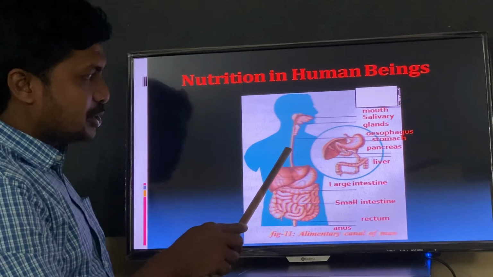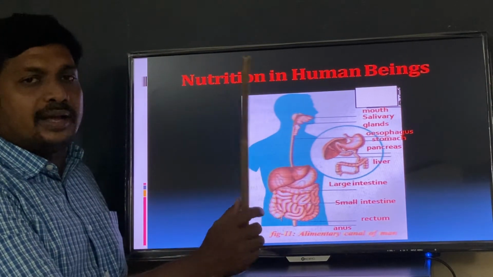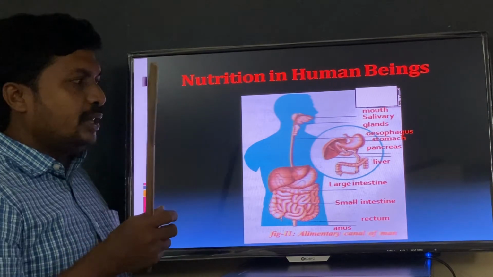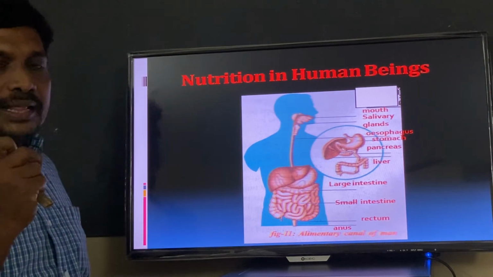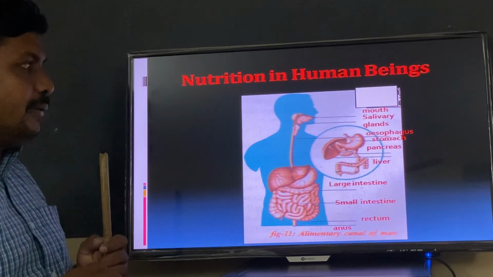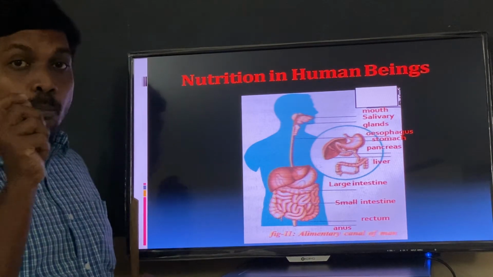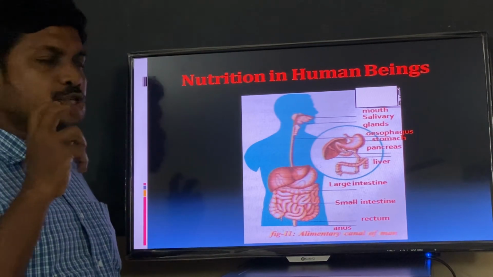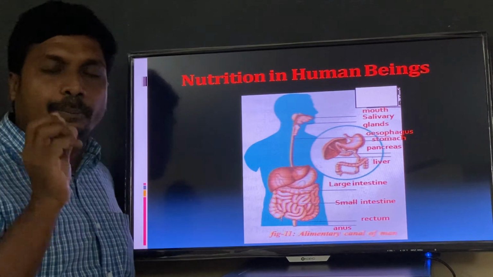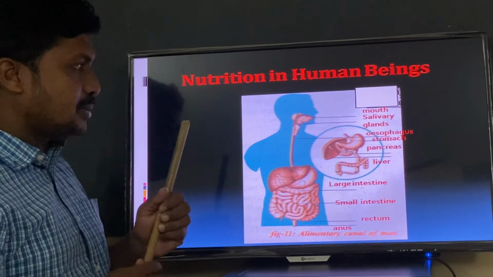Next, a tube-like structure known as the esophagus. What is the use of the esophagus? Food is chewed with the help of teeth and tongue, with the help of saliva. The food will be chewed thoroughly and form a soft bolus. What do you mean by bolus? Soft chewed food in the oral cavity, formed with the help of teeth, saliva and tongue, is known as bolus.